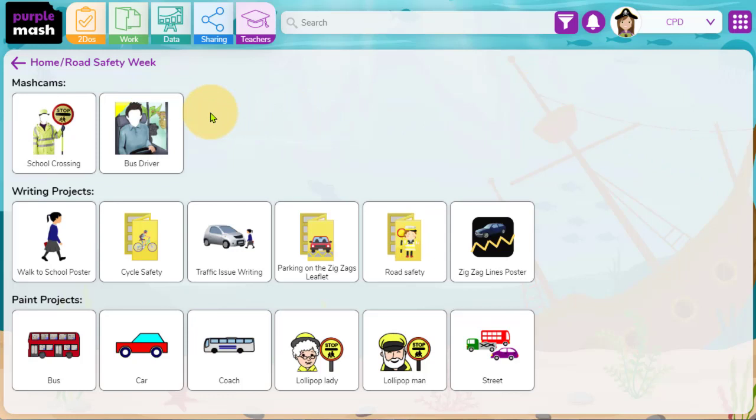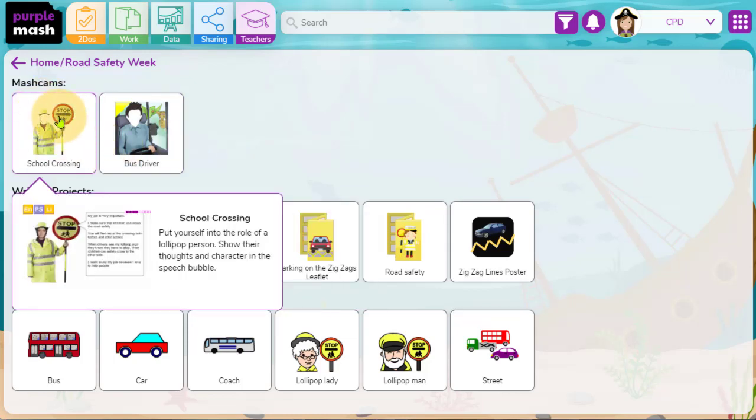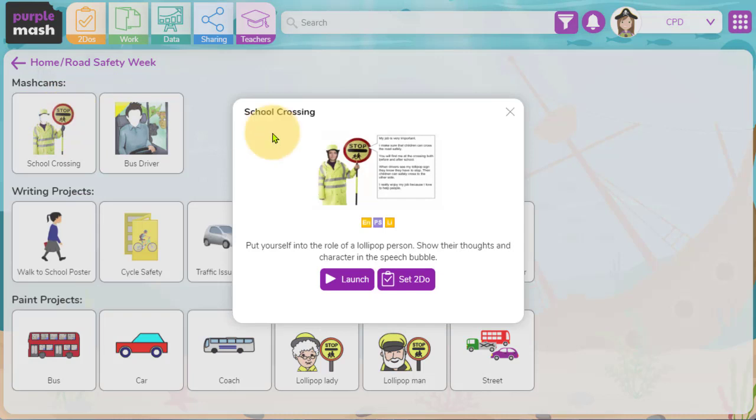So we have some mash cams for you to use, some writing projects and paint projects. For example, the mash cams are always a firm favourite. It allows children to virtually dress up as a character and explore the feelings and emotions that that person might be having. So for example, if I was a school crossing patrol person, I could set this as a to-do for my children. But if I just demo what this looks like now,